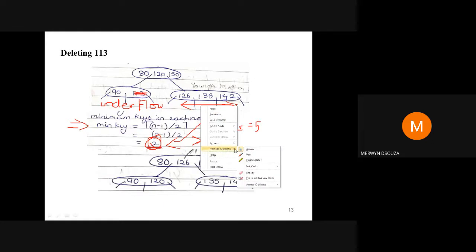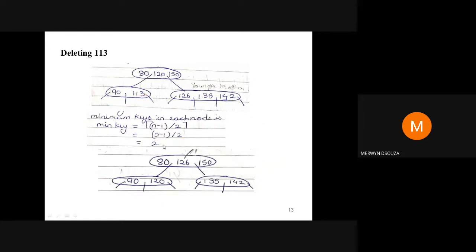So basically what we are doing is, first I calculate the minimum number of keys, I get the value as 2, and when I delete this, I realize there is an underflow. So if there is an underflow, next I check the brother of this node. This brother is the younger brother. I check whether the younger brother is having more than this number of keys, and I find out that yes. So therefore I can apply case 1.